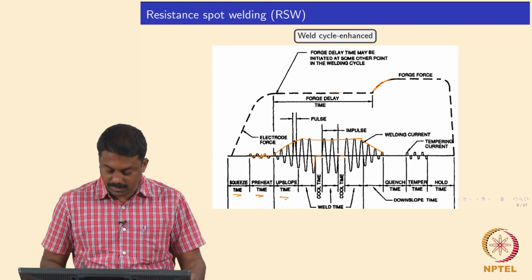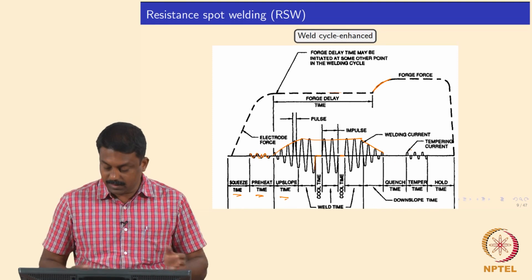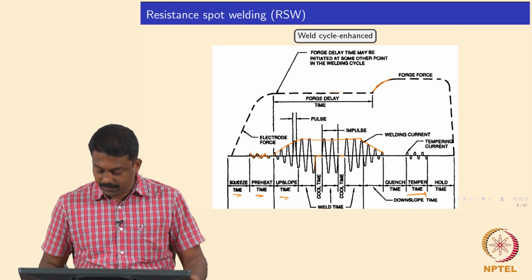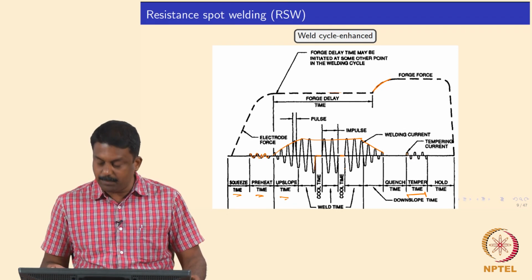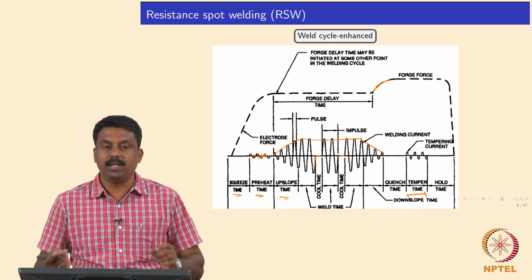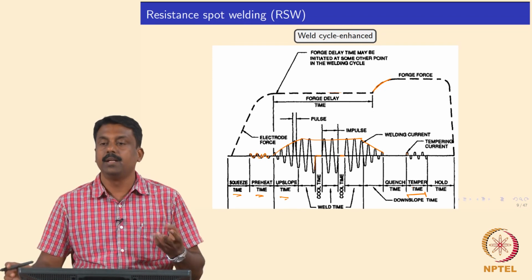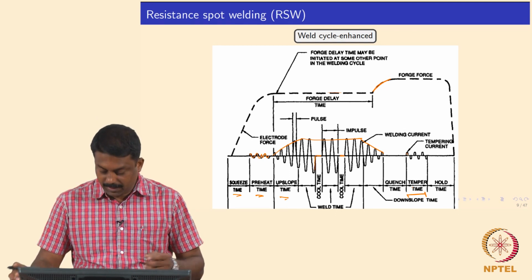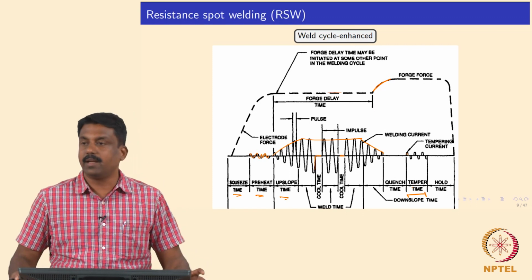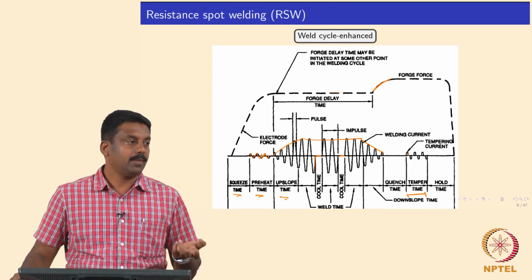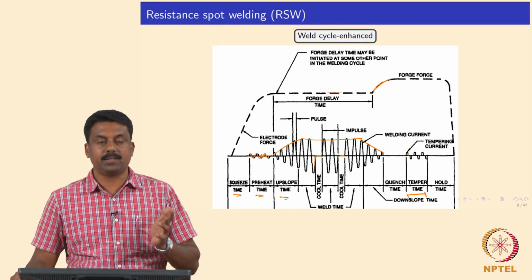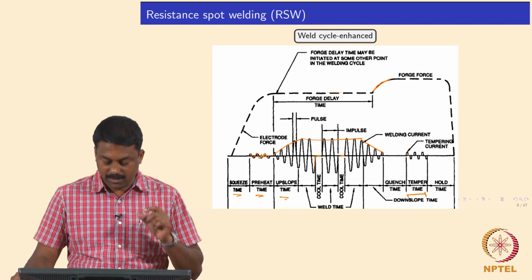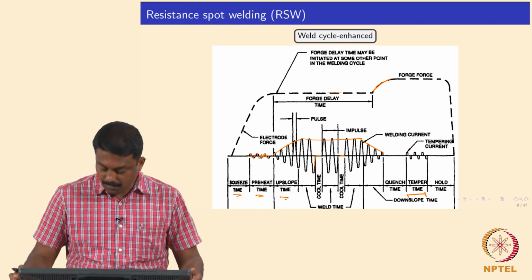Upon welding, and then you have a squeeze time to keep the compressive forces applied when the material is cooling down to room temperature, and then subsequently you can also apply a second pulse post weld in order to heat up the weld nugget to a temperature where you expect the martensite to get tempered, right. It is clear. So, these kinds of complex weld thermal cycles are commonly used for engineering applications, so that we can mitigate the microstructure development and the stress that is developed when you are welding in an overlap configuration, right.